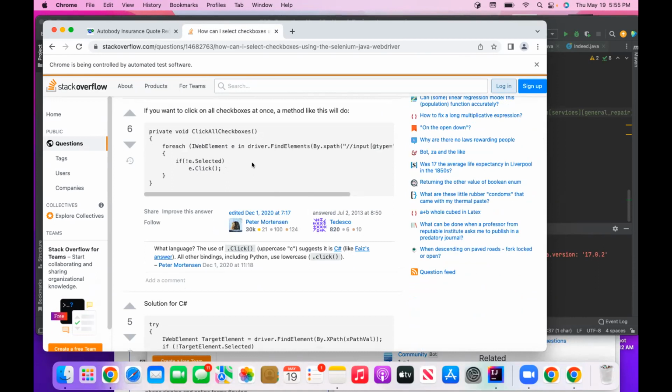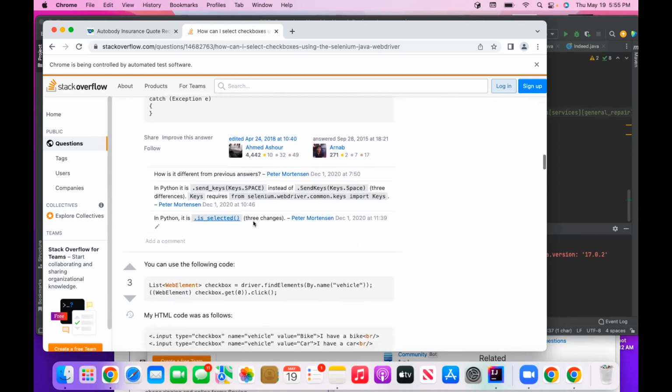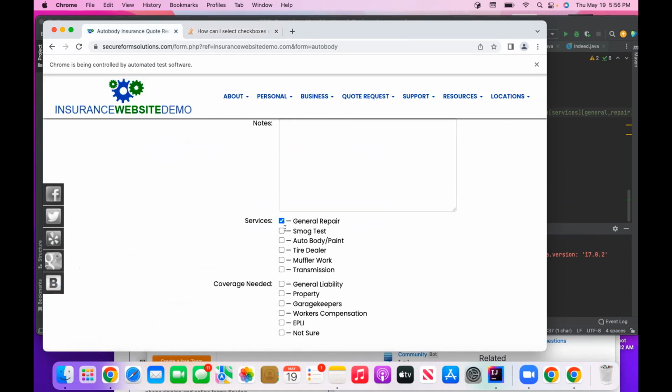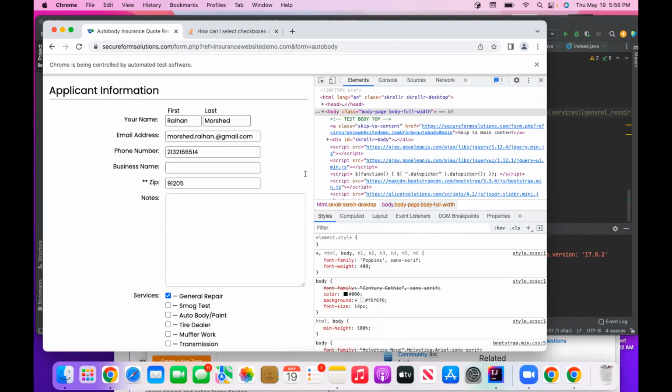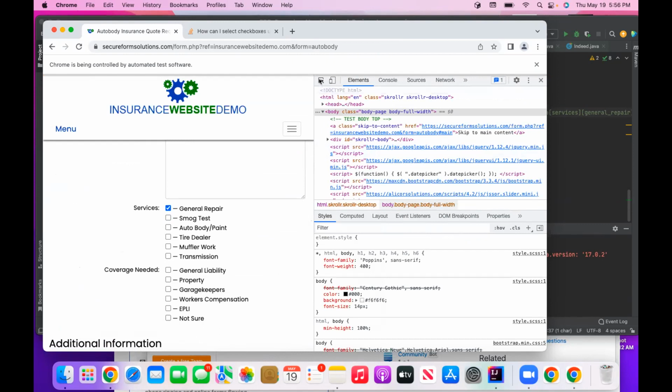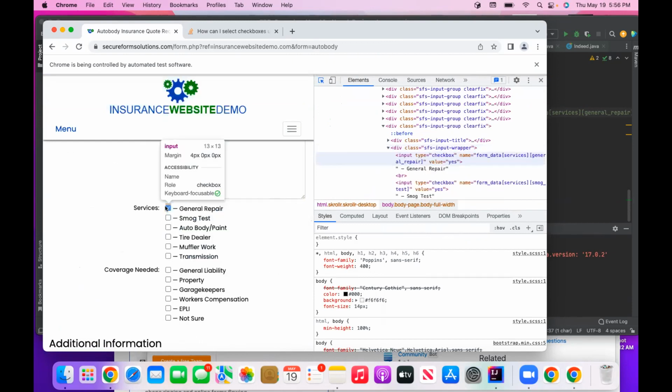Yeah, it looks like Selenium is only able to use the click method. So you see checkbox method click. So all you have to do is, let's say which one you want to click. First one, yeah. General, first one. Okay, so now I'm going to inspect. The reason why I'm searching and asking if Selenium is able to do checkbox through click or any other way is because remember,